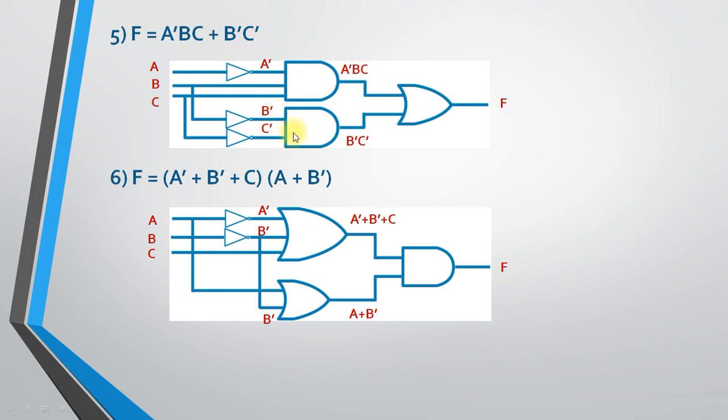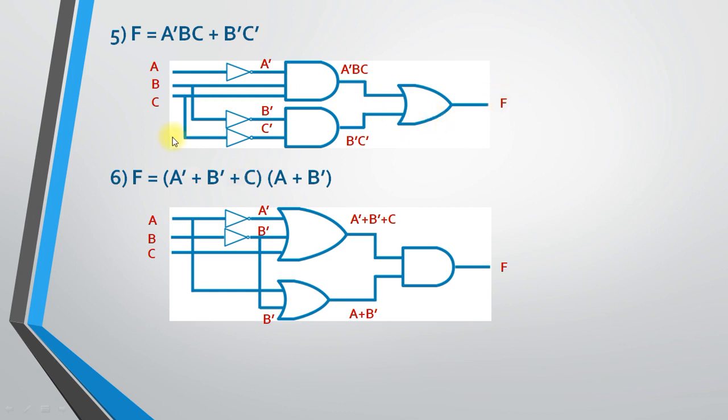Now see, in the second AND gate what is my requirement? I need to pass the values of B dash and C dash. So I take a cable from the B signal and a cable from the C signal and put a NOT gate in between, so that I will get B dash and C dash. That input I have inserted inside the AND gate. As output I will get B dash C dash. This is the second input line of the OR gate. This is the first input line of the OR gate, and finally the result is generated and I will get the value of F.